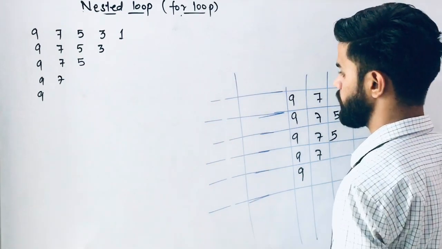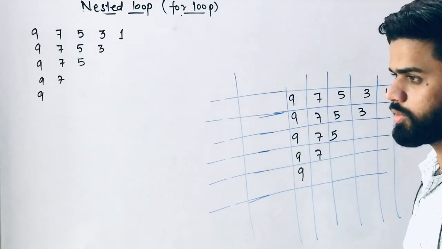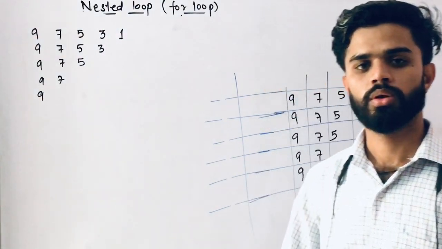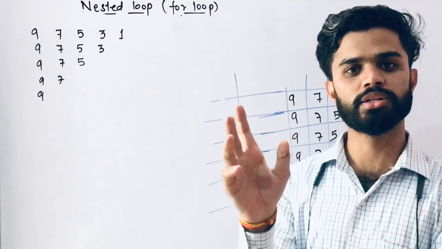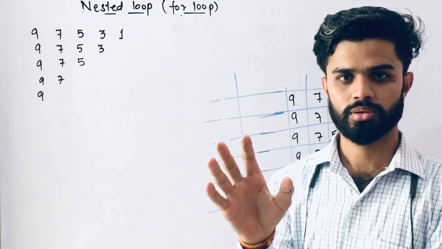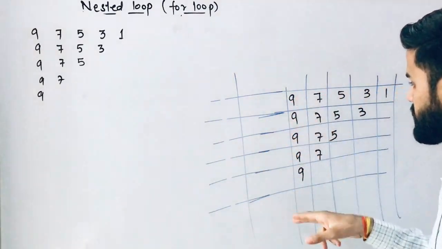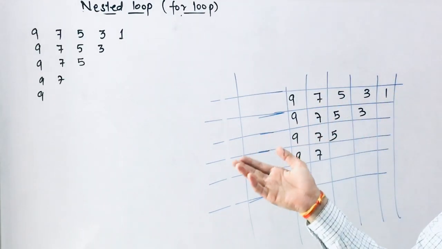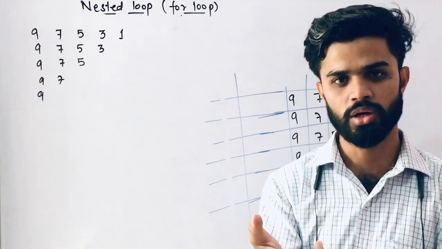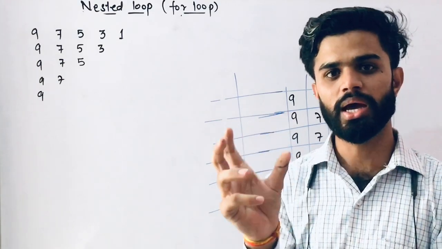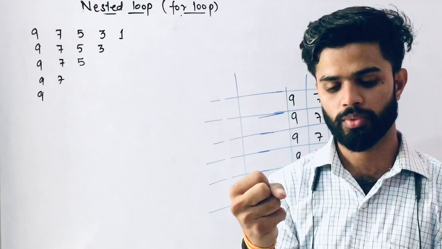Now if you are talking about inner loop and outer loop, whenever we print a pattern, we all know that a pattern is a combination of rows and columns. Clear? We can see that this one is columns and this one is rows. So patterns are always an intersection of rows and columns, where we need to print any value as a particular block.